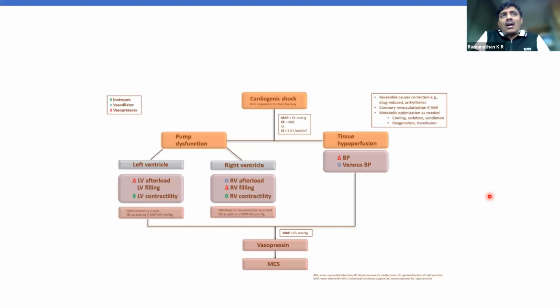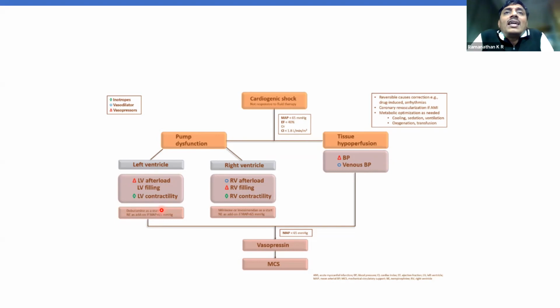As a broad guideline, I can say that when your cardiogenic shock has pump dysfunction, and it's predominantly a left ventricular pump dysfunction, so it's more of an LV failure that you're dealing with, I would think an inodilator like dobutamine for a start might be good. And countering the actions of dobutamine might sometimes be needed if the vasodilatation from dobutamine is in excess. You might sometimes have to use a combination of dobutamine and noradrenaline if it's pure LV dysfunction.